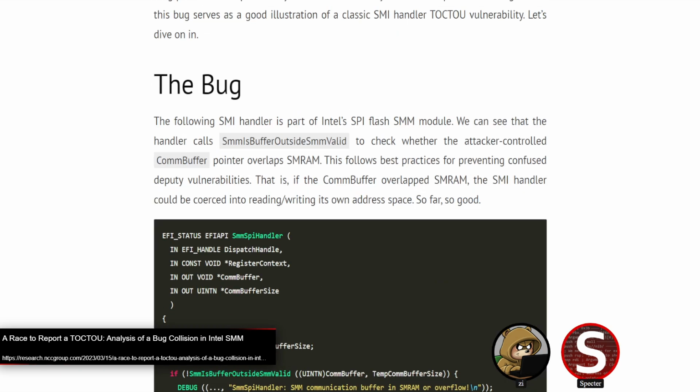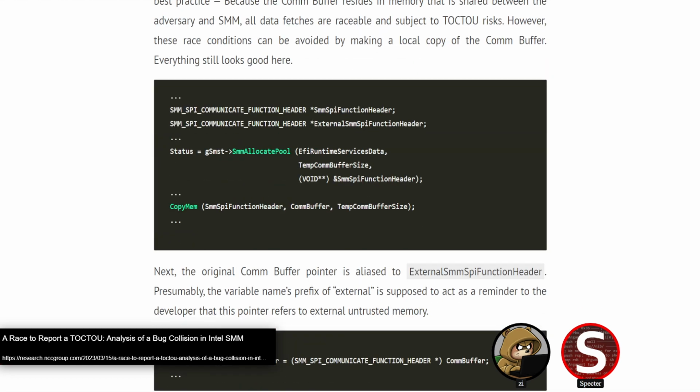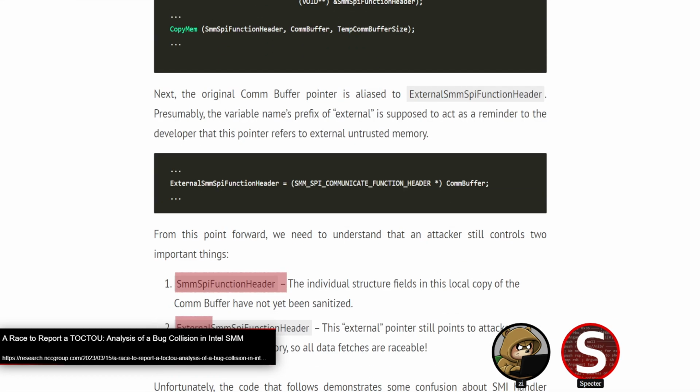Yeah, so basically, what it's doing here is it's reading from this. It's communicating with the SPI flash. Funnily enough, these kinds of issues seem to be super prevalent across the board in both AMD, Intel, pretty much any vendor in the space that has this kind of firmware that's running at a higher level. Because I've seen this in the PSP with the AMD PSP research I've been doing too. They'll copy something from SPI flash into a secure buffer, they'll validate it, and